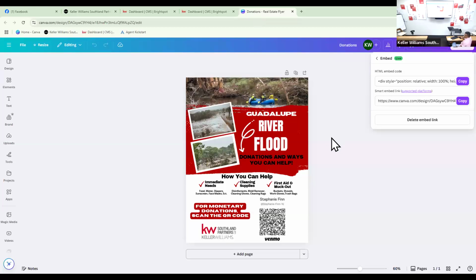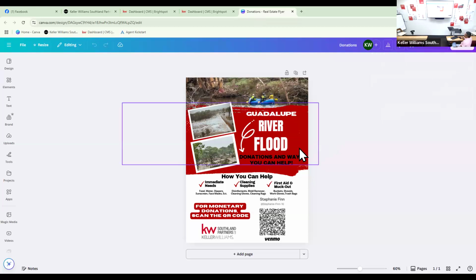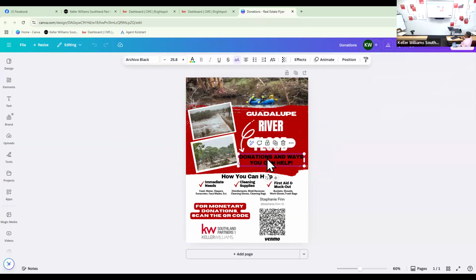Let's just say that you guys wanted to create a graphic, and instead of making this a flyer, you want to make this a link. Like you want to switch this to "click here." You know what I mean? So what you do here is you right click a part of your flyer and you add a link